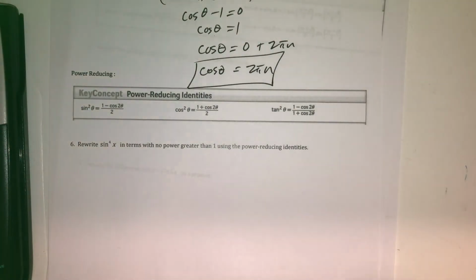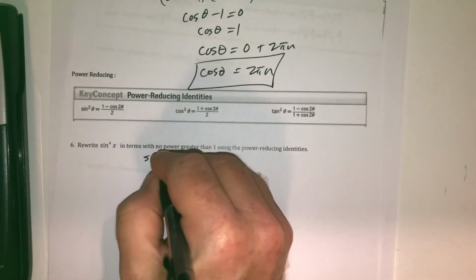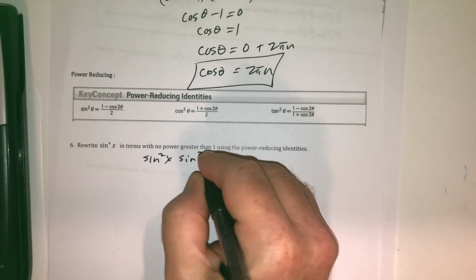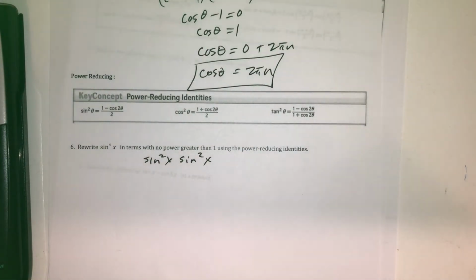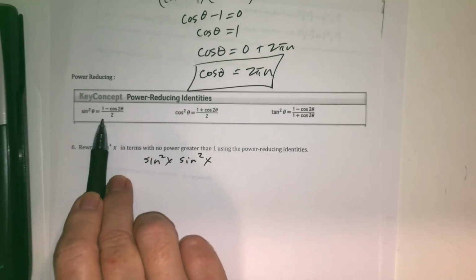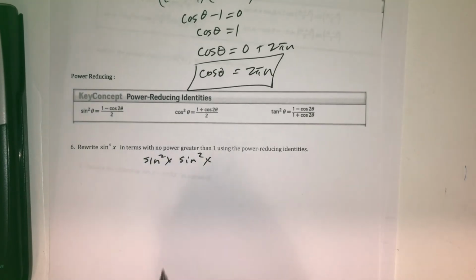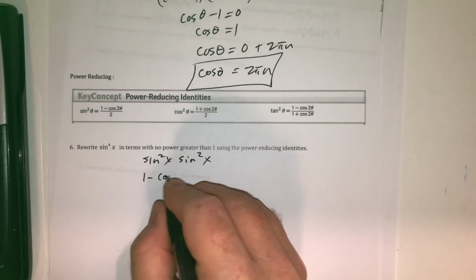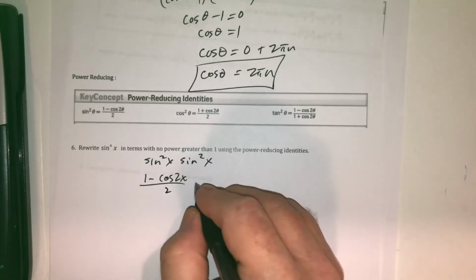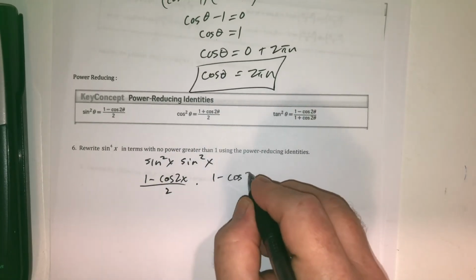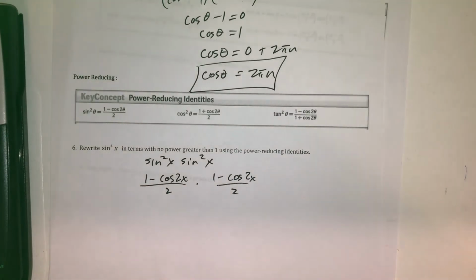All right, let's rewrite the sine of x to the 4th power as the sine squared of x times the sine squared of x, all right? And then we can use this power-reducing formula here to rewrite each of those as 1 minus the cosine of 2x divided by 2, times 1 minus the cosine of 2x divided by 2. All right. Now, it wants us to write this with no power greater than 1. Okay. Well,